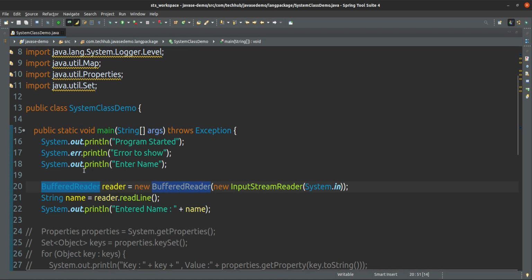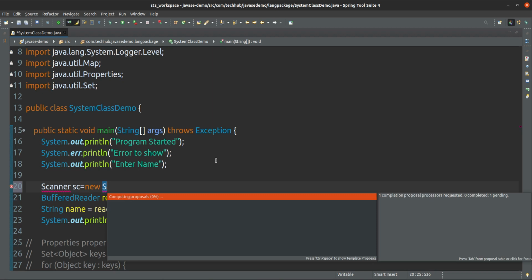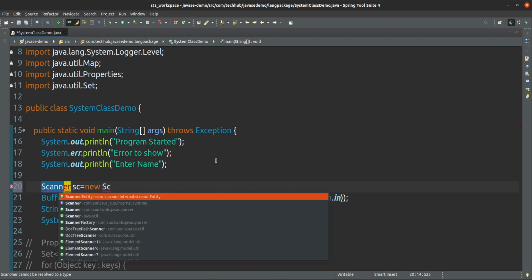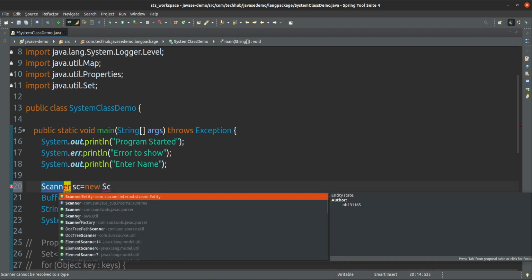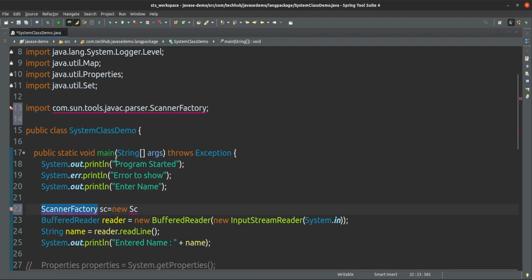Or you can use Scanner. If you want to use Scanner, write Scanner sc equals new Scanner. Scanner is also there in the util package, so not that one.